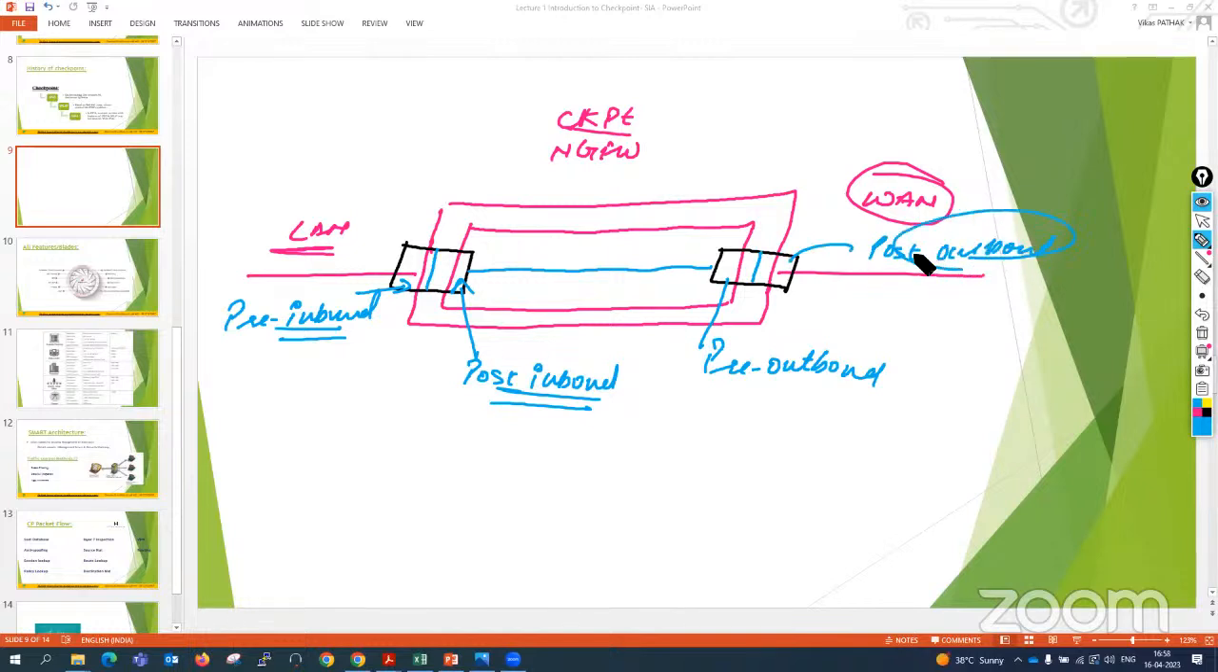Right? This is what they say. Now, here also, there will be some checks which are pre-outbound and some checks which are post-outbound, right? Now,